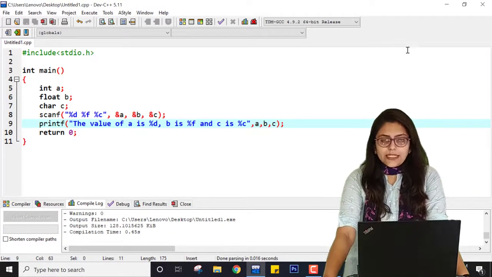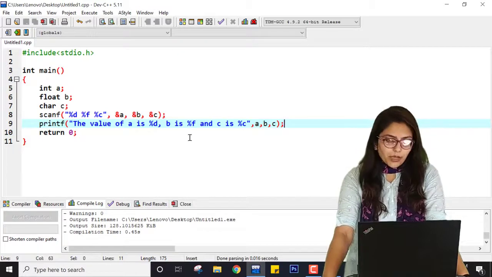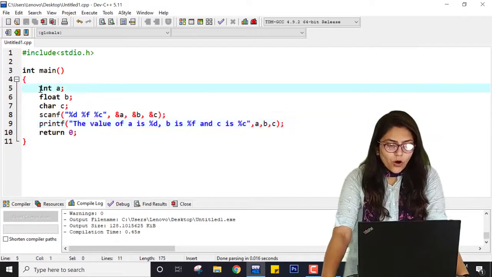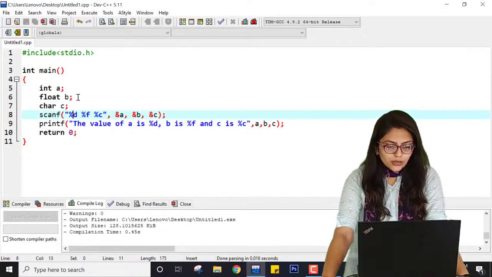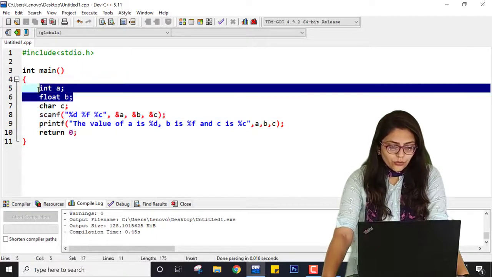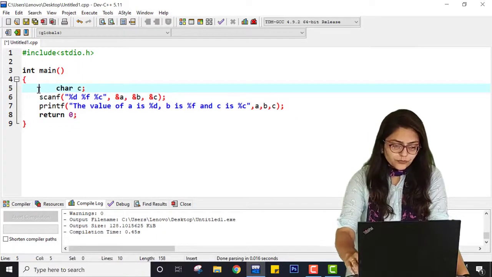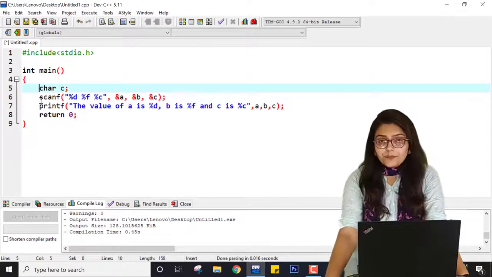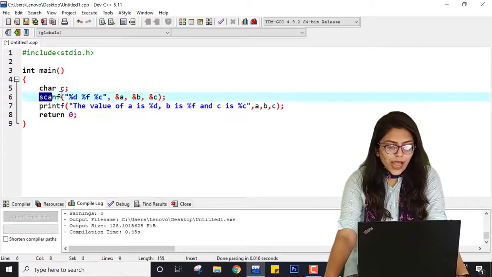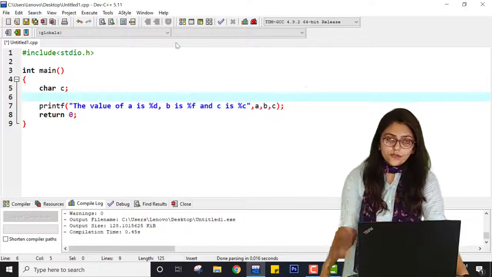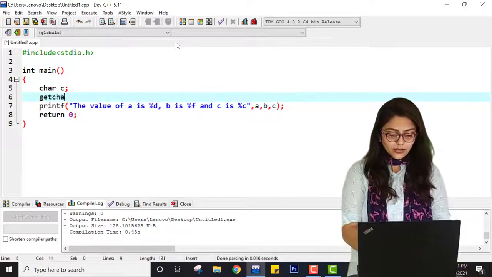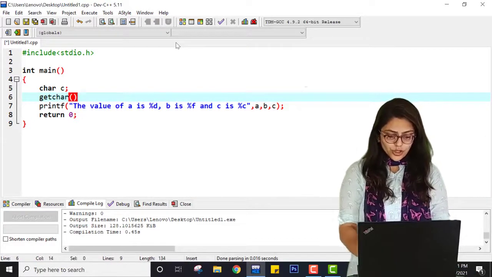So now you know that scanf and printf are compatible with all of these data types. What if I don't want to use scanf? At that time, if I have the character data type, then I can use another function, that is the getchar function.